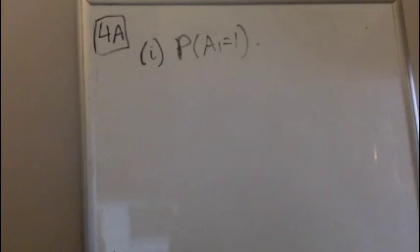Nice. So hopefully you've all already gone through the problem. Let's look at number 4. First part is asking, what is the probability A1 equals 1? What this means in English is, what is the probability that the first item in our sample, or first post,